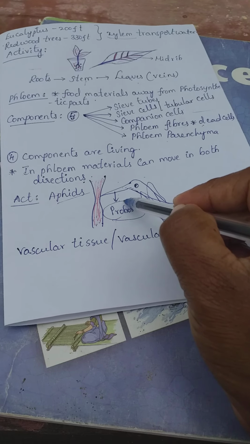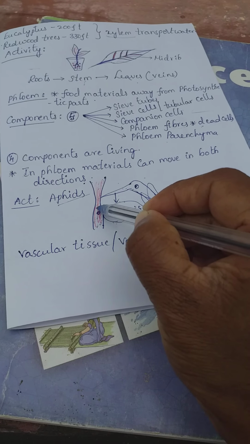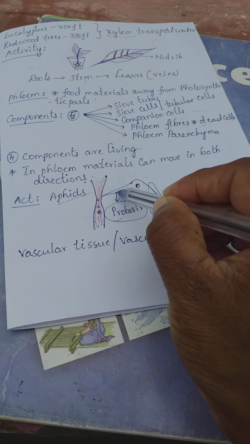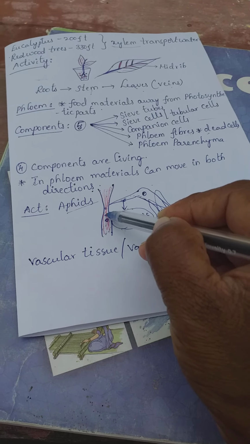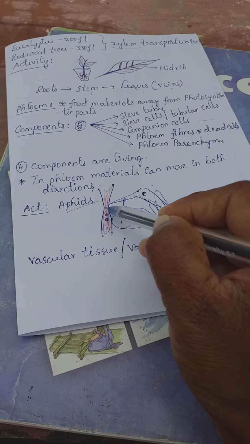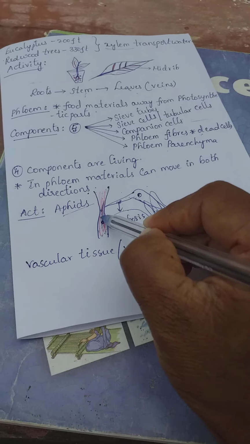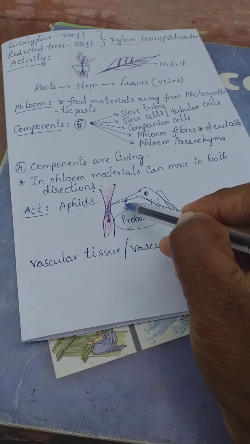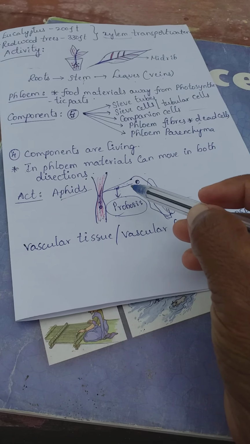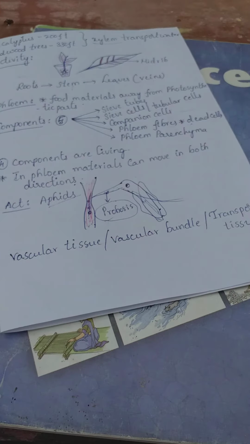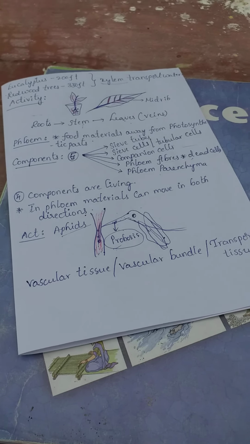They cut this proboscis and observed that whatever content is present inside the plant is the same as in the cut proboscis. This means these aphids are eating the plant juice. Here phloem is useful to transport the food material. This phloem is responsible for providing food for different small insects. Okay, so now I'll show you some pictures related to xylem and phloem.